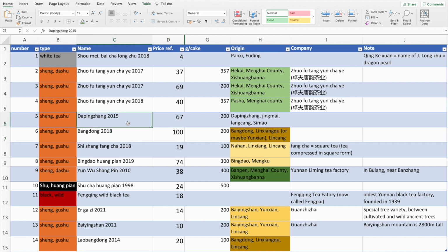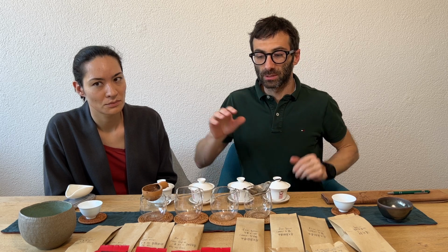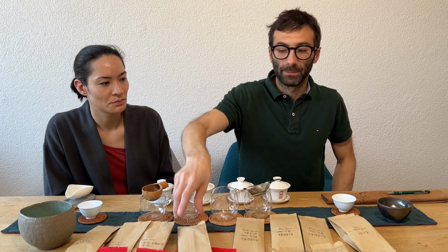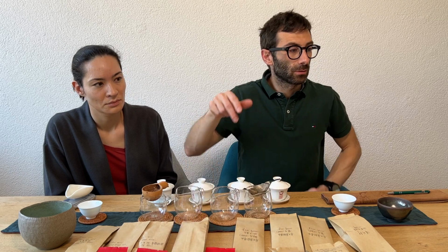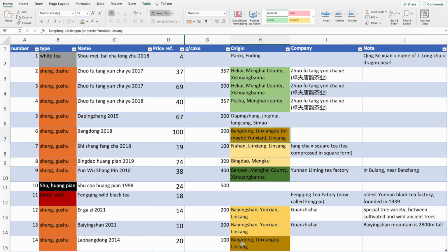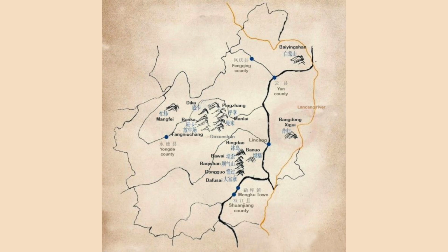this one that is from Dapingjan, Jingmai, a little bit of a different location, so I would say we leave it for today. This one here. Maybe we dedicate a single tasting to that one. And then those in yellow are actually from Linsang. All from Linsang. There are two, this one and this one down here from Bangdong,